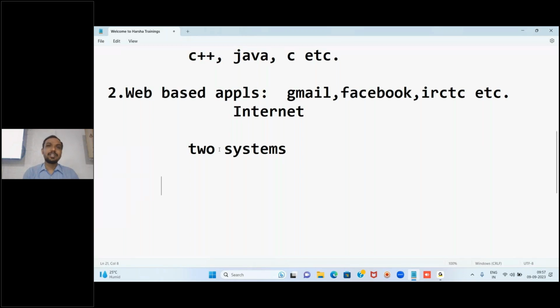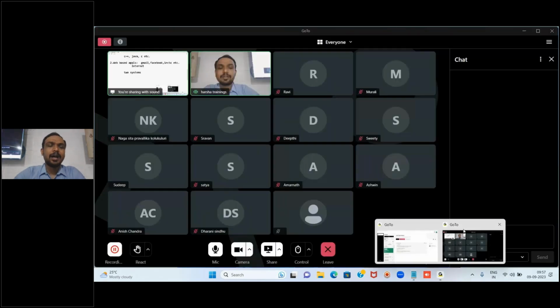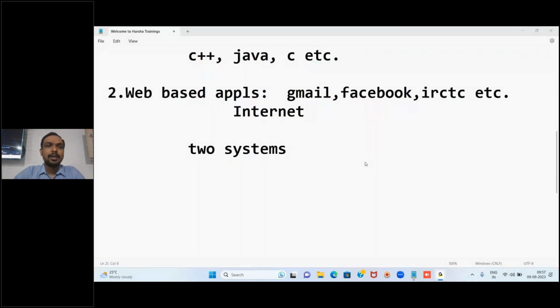Let's say with some example you can easily understand. We will go with Gmail. You guys are having a Gmail account, right? Where will you open your Gmail account? In your mobile or in your laptop, or somewhere you will be opening. If you say your Gmail data is stored in your mobile, then in your laptop also you can open your Gmail. In your friend's laptop also you can open your Gmail if you know your credentials, username and password. In some tab also you can open. Which means if you say my Gmail is in my mobile, that is wrong. Your Gmail is not actually in your mobile.